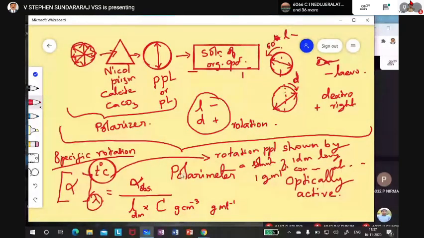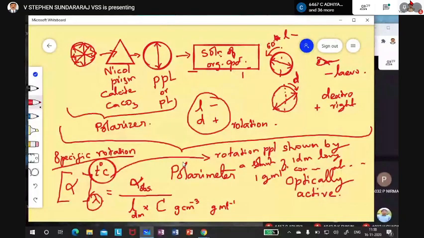Like I have told you many times, whenever you want to compare, it should be something like a percentage. Different marks are not the criteria to tell a better student. A percentage only will help you say who is the better one. Okay, because the same example I have told you. Similarly, when you want to compare, it should be in a standard form, that is specific rotation. That will always be for 1 decimeter length solution, 1 gram per cubic centimeter concentration at a particular temperature and wavelength. Similarly, for many solutions you find out the specific rotation. Now you will be able to compare which is more rotating, more optically active, which is less optically active.